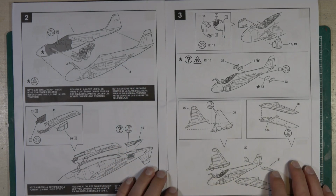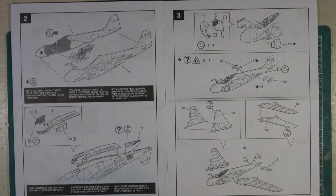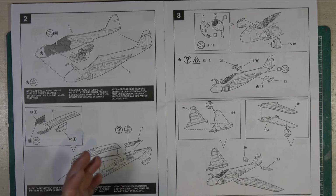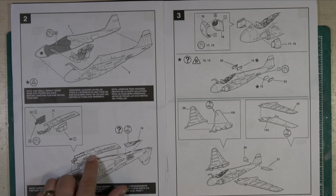Luckily, I'm building with the gear down. I build a lot of my kits with the gear down, but it's always nice when you have that option. Having to do a bunch of surgery to get the gear to fold up isn't always fun. I have another EA6B that I have to build wheels up, and that is going to be a pain to do. But anyways, I ended up not gluing this part in until much later in the sequence,